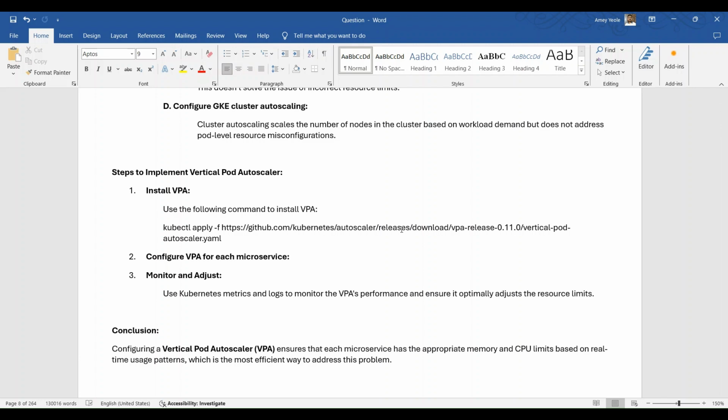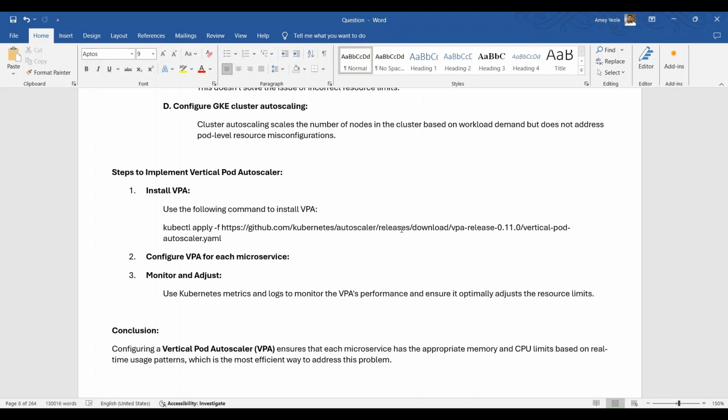Steps to implement vertical pod autoscaler. 1. Install VPA. Use the following command to install VPA: kubectl apply -f https://github.com/kubernetes/autoscaler/releases/download/vertical-pod-autoscaler.yaml. 2. Configure VPA for each microservice. 3. Monitor and adjust. Use Kubernetes metrics and logs to monitor the VPA's performance and ensure it optimally adjusts the